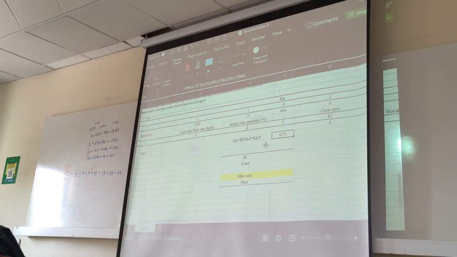So here we have a value of 0.75. So the confidence interval for the y is